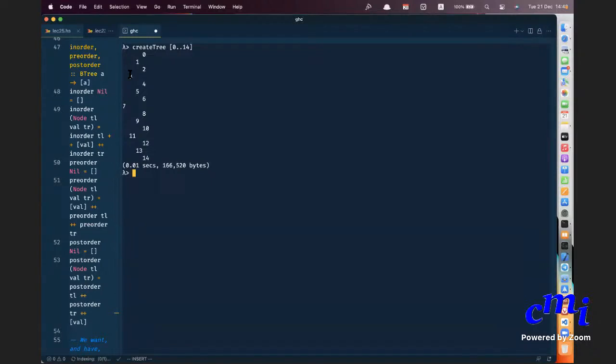Its left children, okay, the left child is written up though. If you want, you can change that also. Its left child is 3, right child is 11. 11 has left child 9, right child 13. 13 has left child 12, right child 14. 9 has left child 8, right child 10. 5 has left child 4, right child 6. 3 has left child 1, 1 has left child 0.